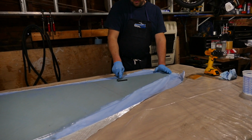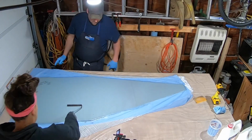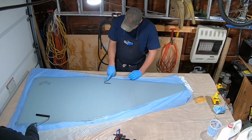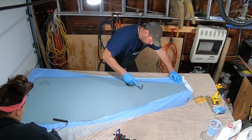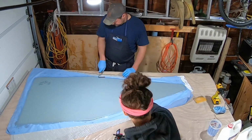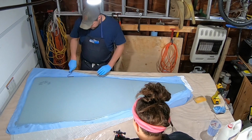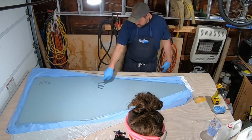I'm still pulling air bubbles out of this. I don't know if it shows on camera if I'm pulling the wrong way. You'll get air bubbles for a while, and I don't know if it's because the foam's porous, or if we're actually introducing them ourselves, but usually you hit a point and we're like, all right, we're satisfied with the result. And then you keep going a little bit longer. We say we finished, and